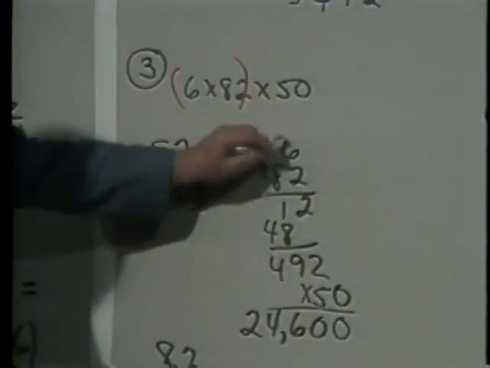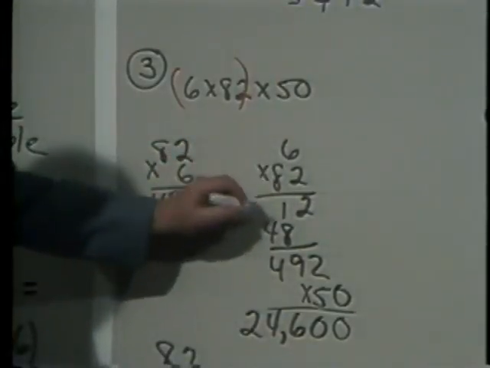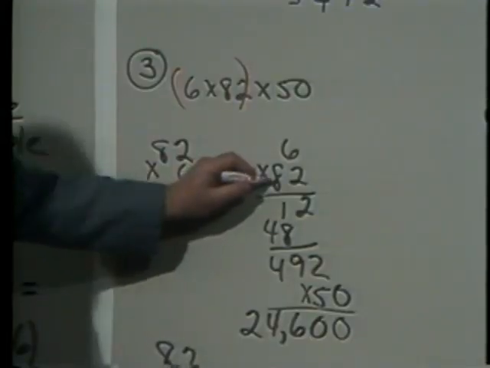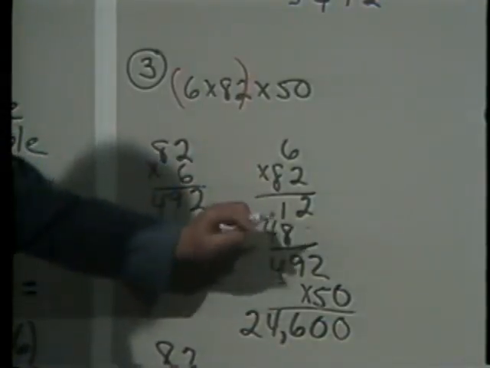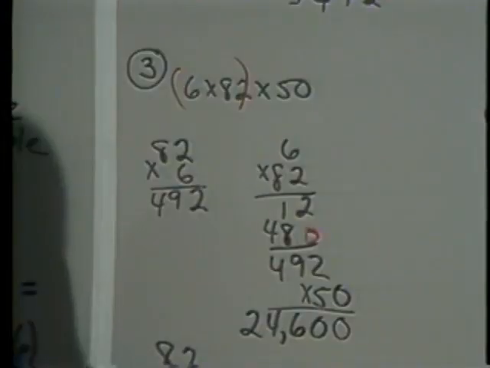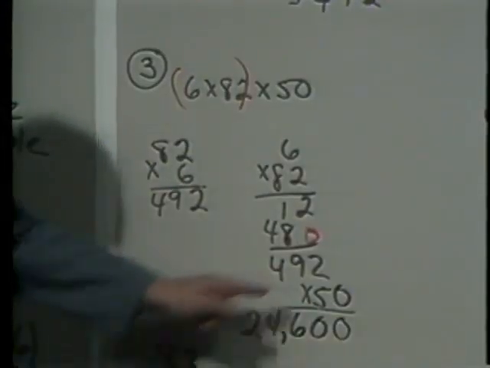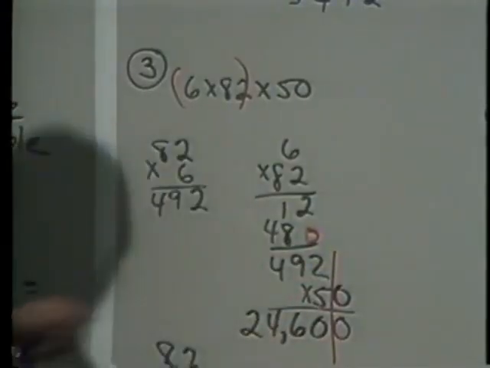You see, 2 times 6 is still 12, isn't it? And then 8 times 6 is 48, but I still have to indent because the 8 is in the tens place. You see that? It's 8 tens times 6 ones, which is 48 tens. And the answer is still going to be what? 492. Either way, now I multiply that by 50,